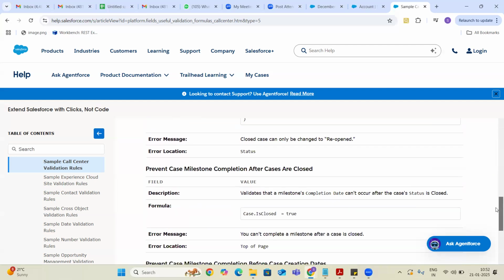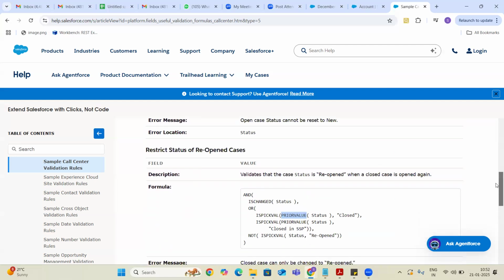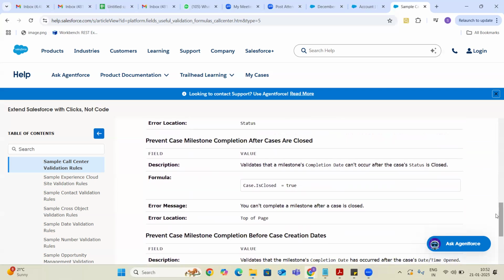Let me discuss these two validations also, guys, quickly. Only one validation: prevent case milestones after cases are closed. That means once the case is closed, you can't complete a milestone after the case is closed. If a case is closed, you can't edit anything.